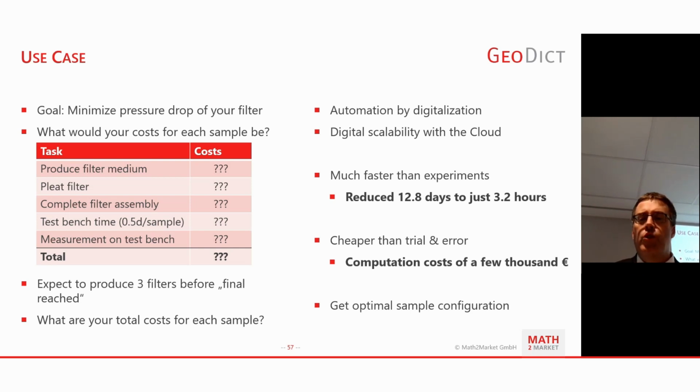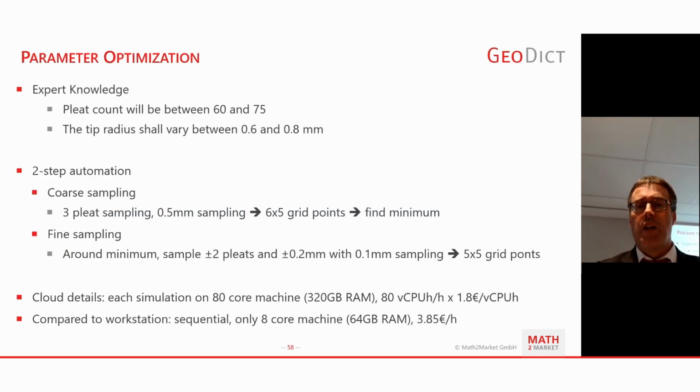You may have 2 or 3 which are close to the best, all have some optimal concept, but then you still have 2 to 3 samples which you can produce, which are already the best ones you can achieve. So now let's have a look at how these numbers came to be, and how we can start these calculations out of the box with GeoDict.